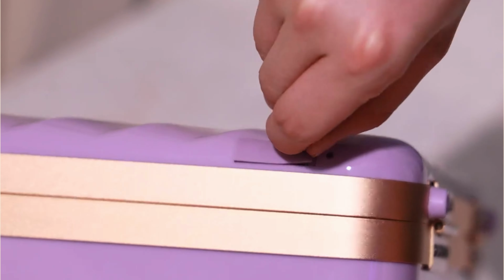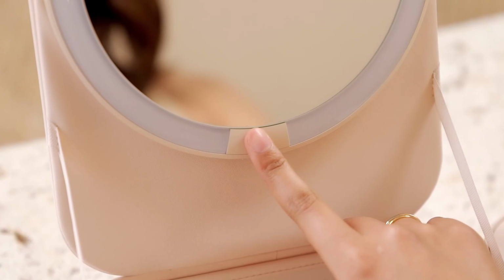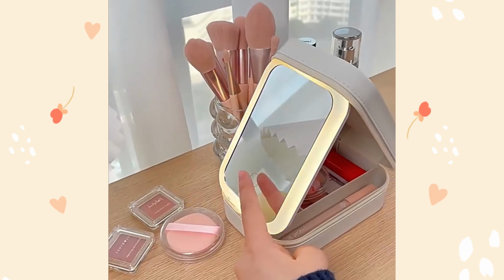In today's video, I'm going to show you 5 of the best makeup bags with LED mirror that are trending